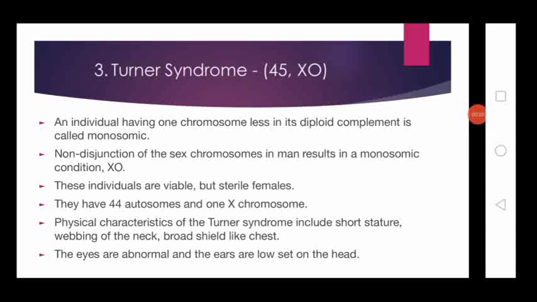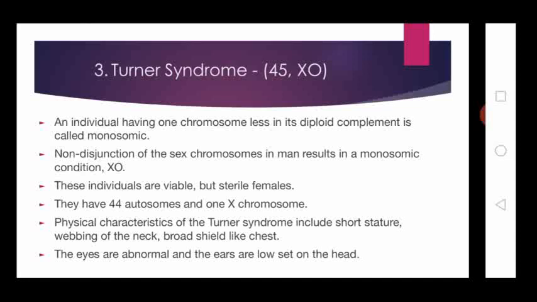Turner syndrome. This is another chromosomal disorder. An individual having one chromosome less in its diploid complement is called monosomic. Monosomic individuals carry one chromosome less than their normal counterpart. Non-disjunction of the sex chromosomes in man results in a monosomic condition XO. While the sex chromosome is undergoing meiosis, non-disjunction may take place and lead to a monosomic condition XO,